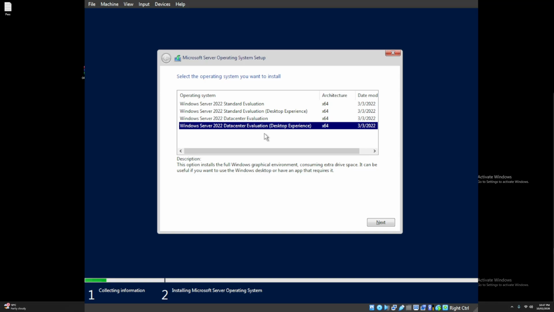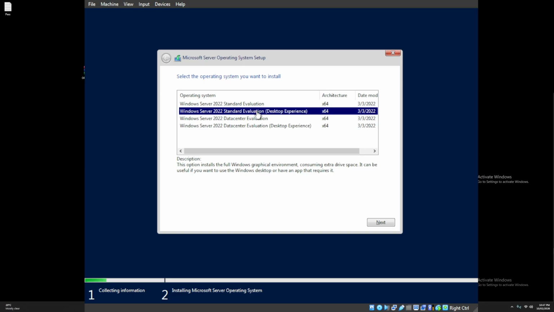But for our lab, standard evaluation will just do fine. So you can just search online what these two do, but that's just a basic rundown. So we will select the standard evaluation desktop experience, and then we will select next,